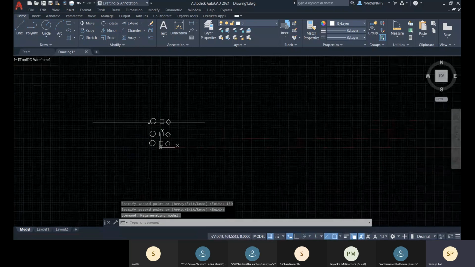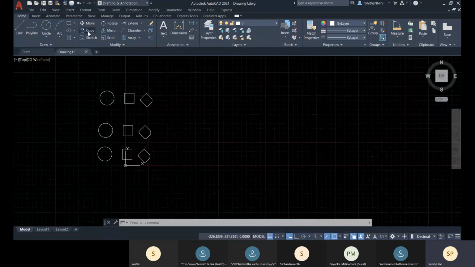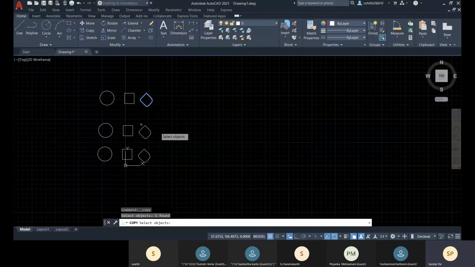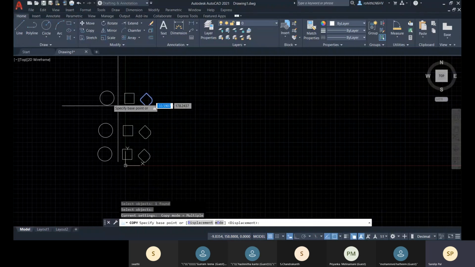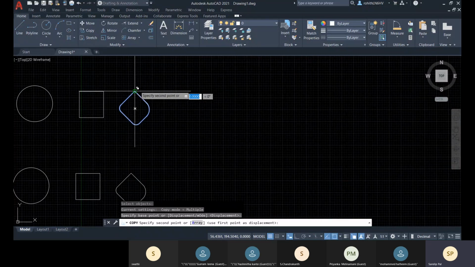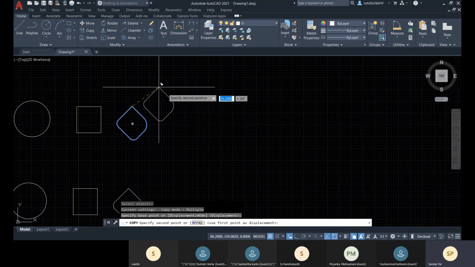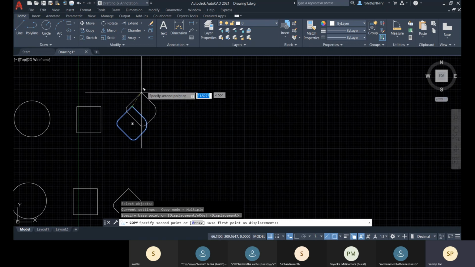Now if you want to create multiple duplicate objects within a single command, that is also possible. So let's duplicate this object. After selecting the object, I will specify the base point. Let me specify this as a base point, and then it's asking me for the second point, like the same we have done earlier.